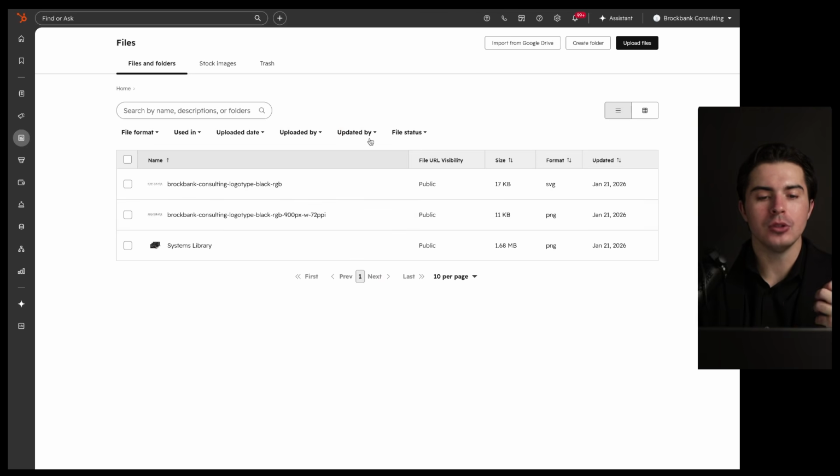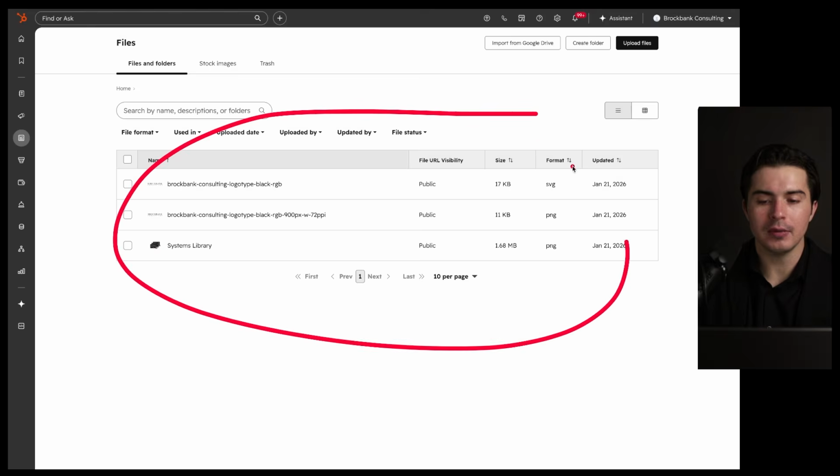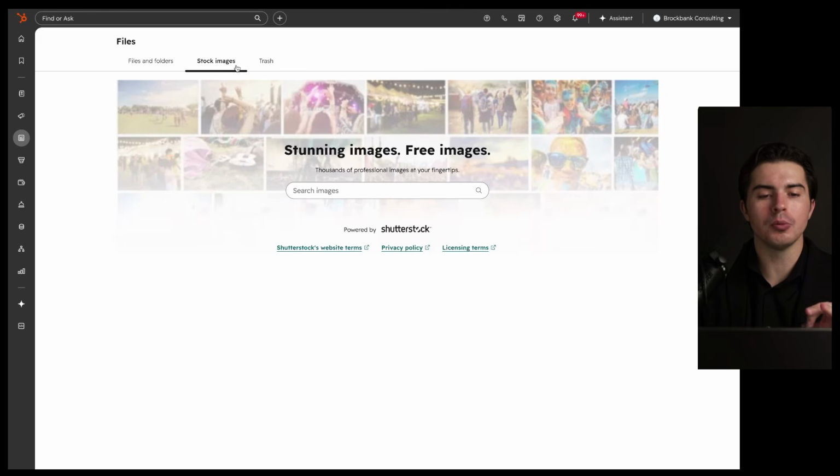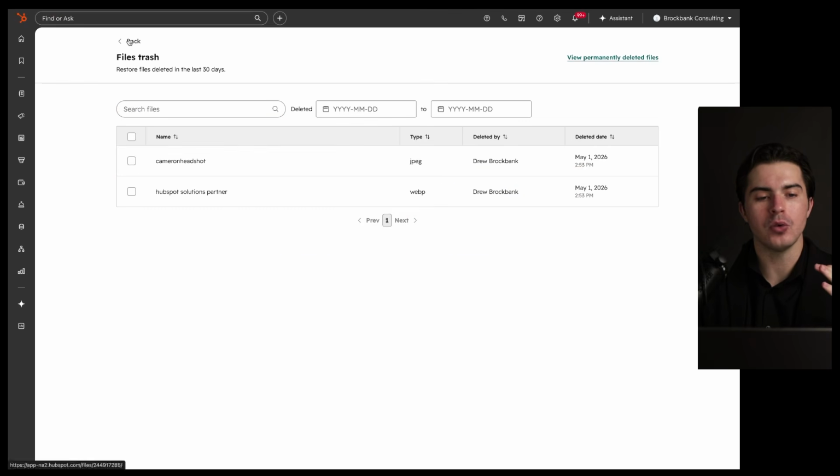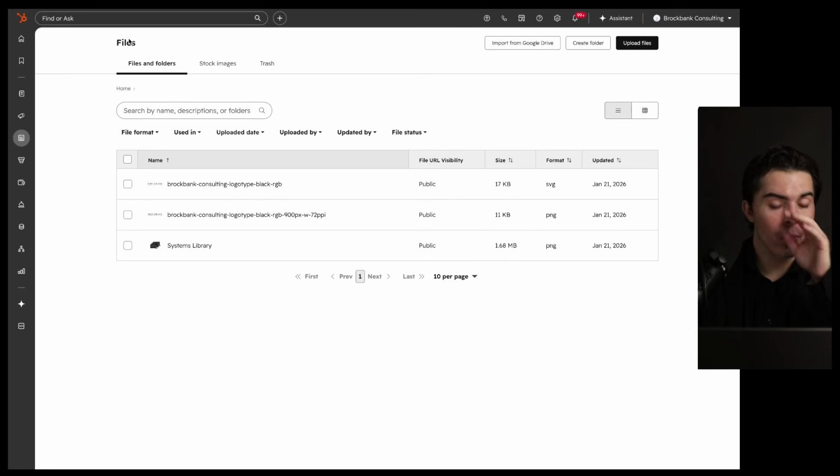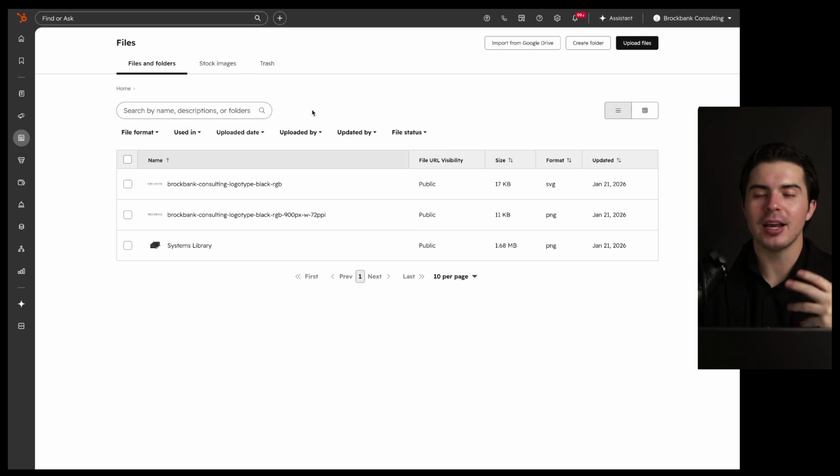So this gives you lots of options to make sure that all these files that are relevant are in one place. You can also pull from stock images, and then you have your trash section for the different files that you have deleted. So with that, that is the file section in HubSpot Content, how you can use it according